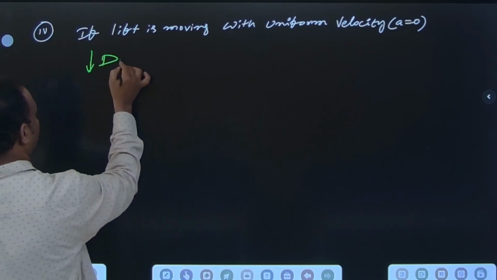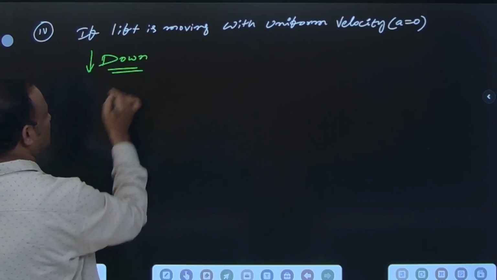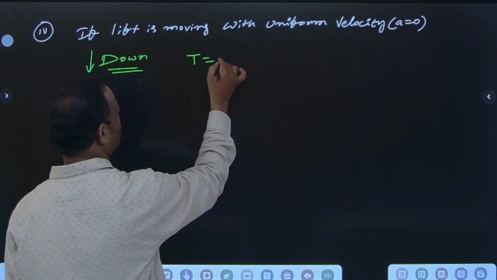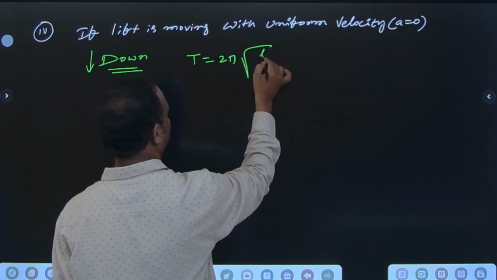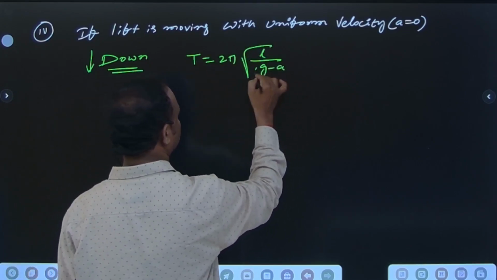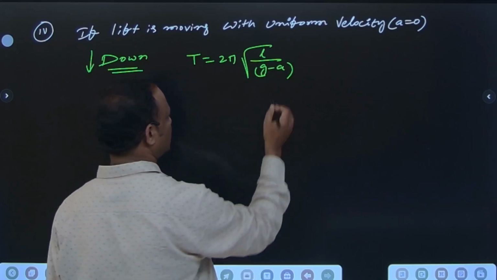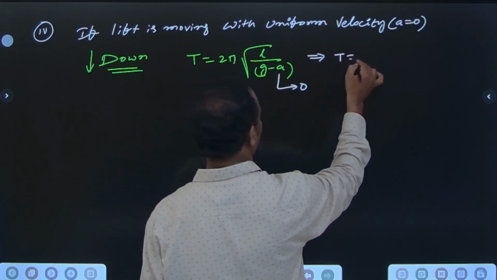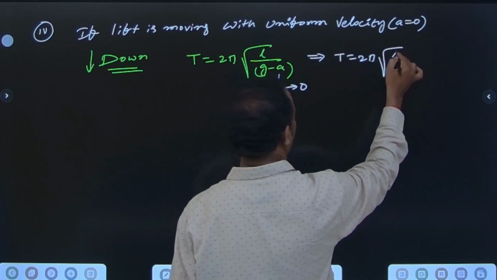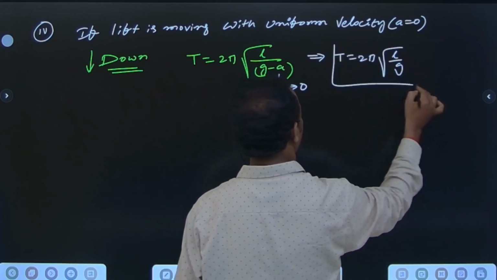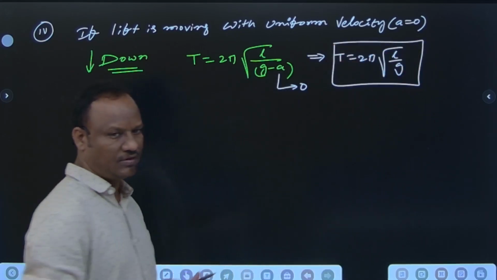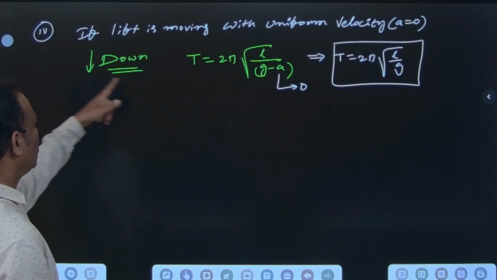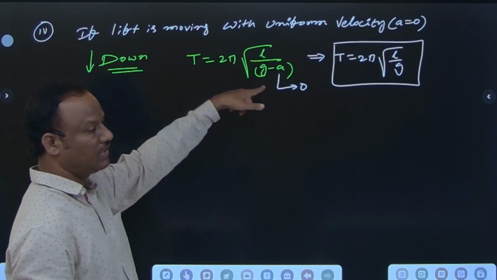If it is downward direction, what is the condition? T is equal to 2 pi under root of L by g minus a. So g minus a, what is the a? 0. So what is the condition now? T is equal to 2 pi under root of L by what? It's g. So if it is moving upward direction, T equal to 2 pi under root of L by